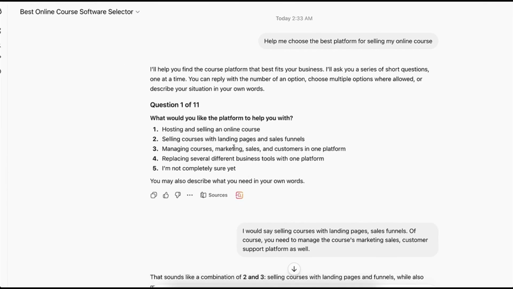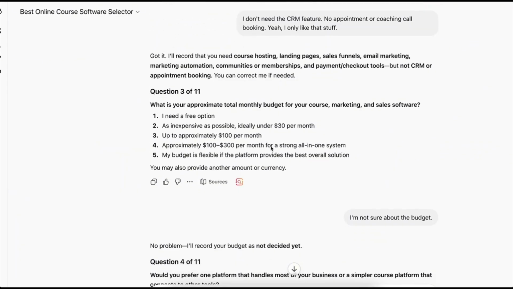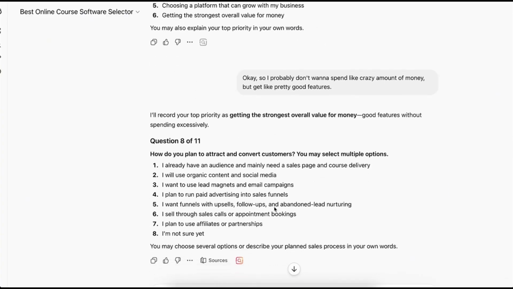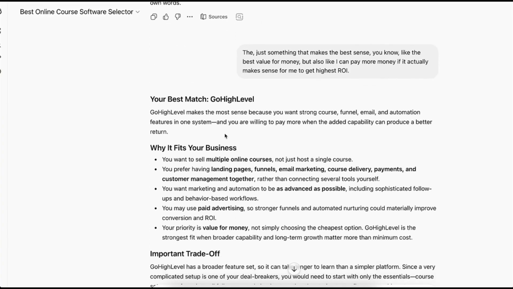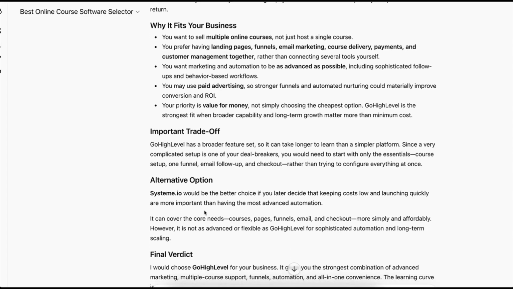And with these, you're going to get an even better understanding of what specific software you need, because you wouldn't even think about these different things. And once you answer all of these different questions, it's going to give you the best software for your specific needs and maybe even some alternatives.